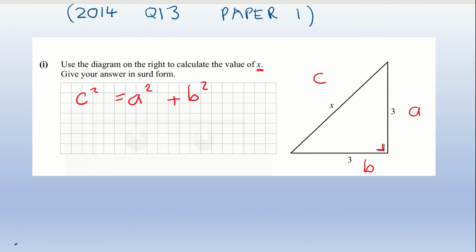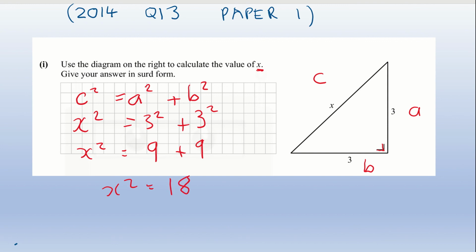Okay, back to the question we were substituting in. My c is x, so I'm going to have x squared is equal to my a squared, which is 3 squared, plus b squared, which is 3 squared. So when I simplify that, I'm going to get x squared is equal to 3 squared is 9, plus 3 squared is 9. I'm going to get x squared is equal to 18. And then if I get the square root of both sides,